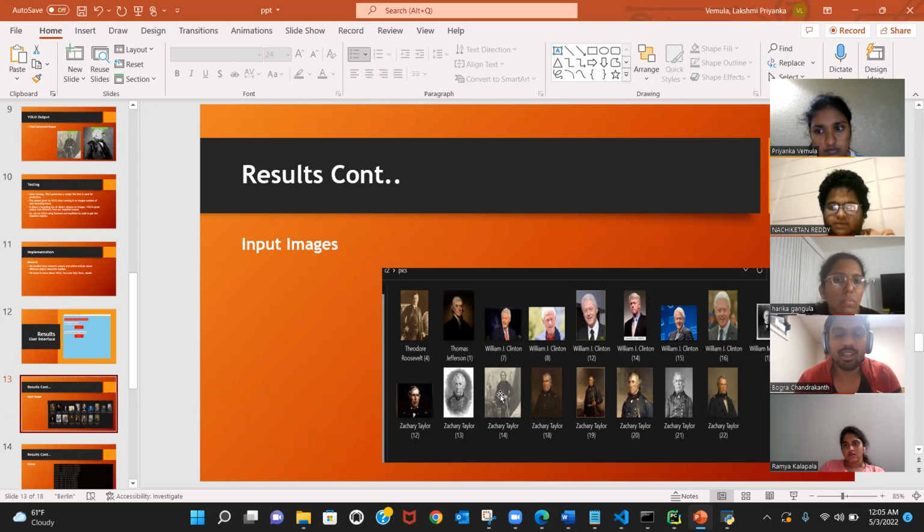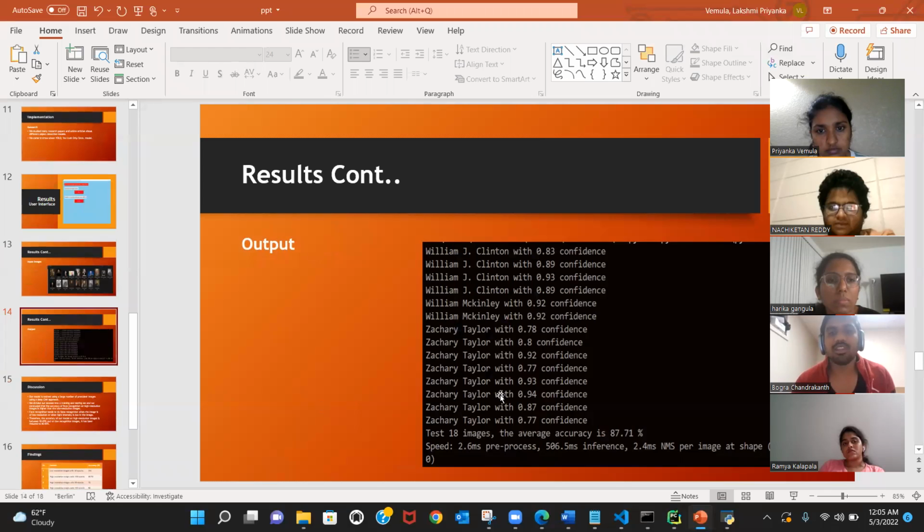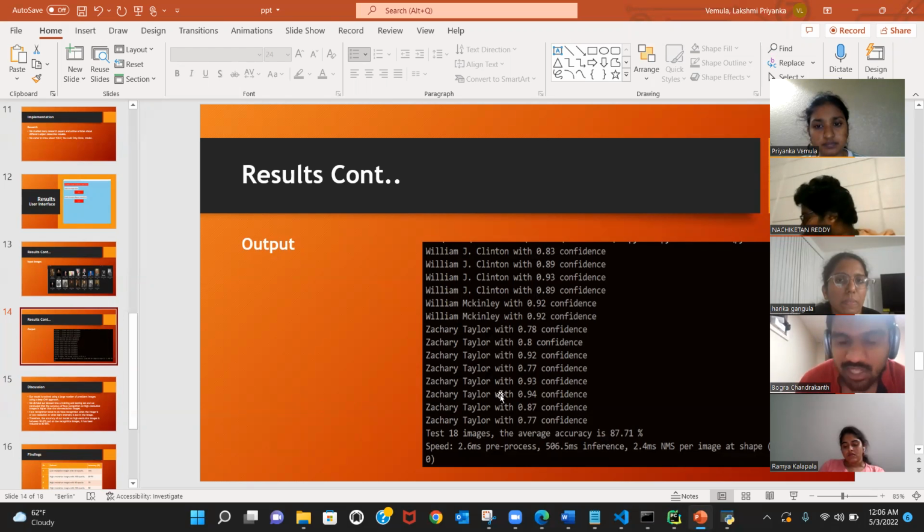If we go on to the next thing, this is one of the screenshots of the output. In this output, we have tested 18 images, and the average accuracy is about 87.71. If you can see the confidence level, for some images it is 0.8, for some images it is 0.93, and for some images it is 0.77. It depends on the image resolution. And coming to the next discussion thing,